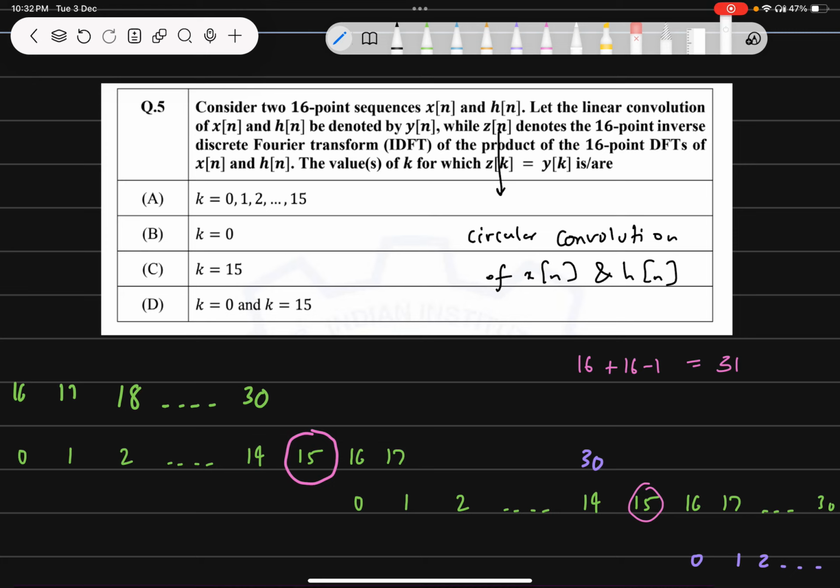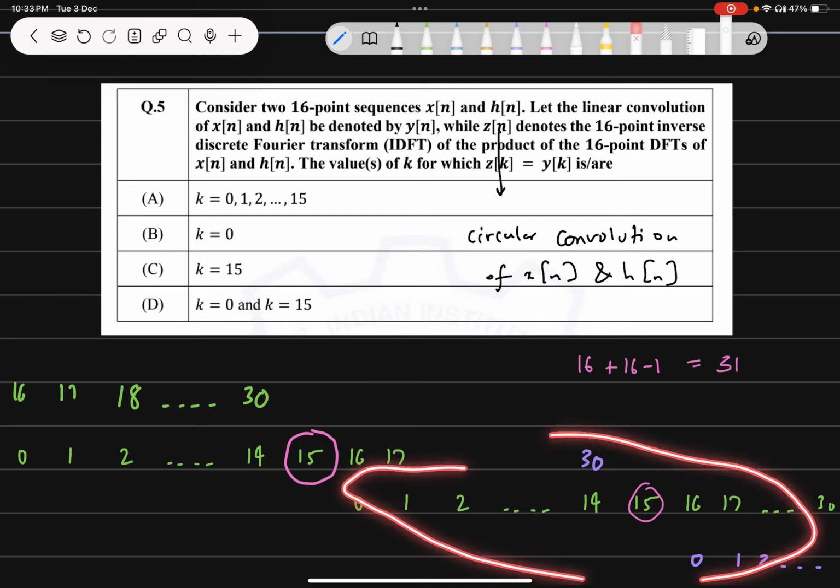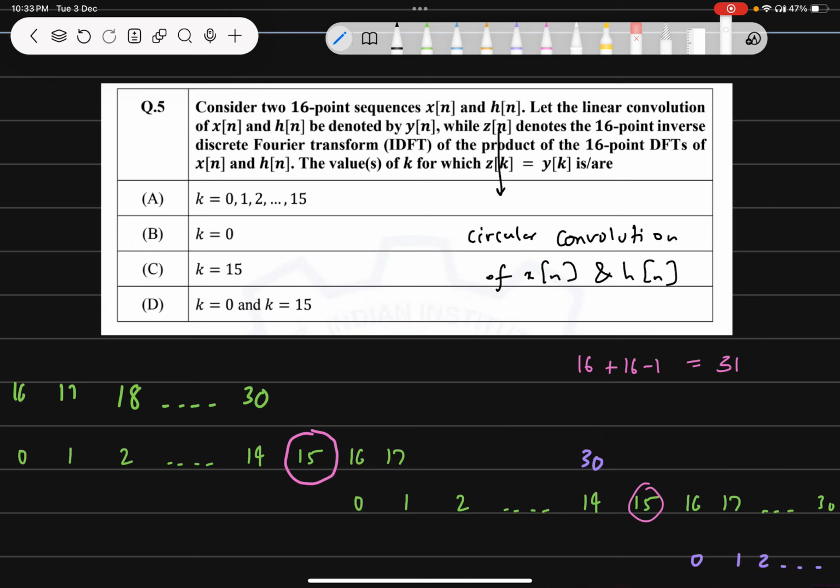So there is no aliasing at the 15th index. It is free from aliasing. Here also, because it is terminated at 14 and it begins at 16. So there is no aliasing while the linear convolutions are repeated with a period of 16. If you consider yn or zn, they are the same for the 15th index, because each one of these is yn and yn repeated with an interval of 16 is zn. So at the 15th index, they are the same because there is no protrusion from the left side or from the right side. So the answer to the problem is k equals 15,